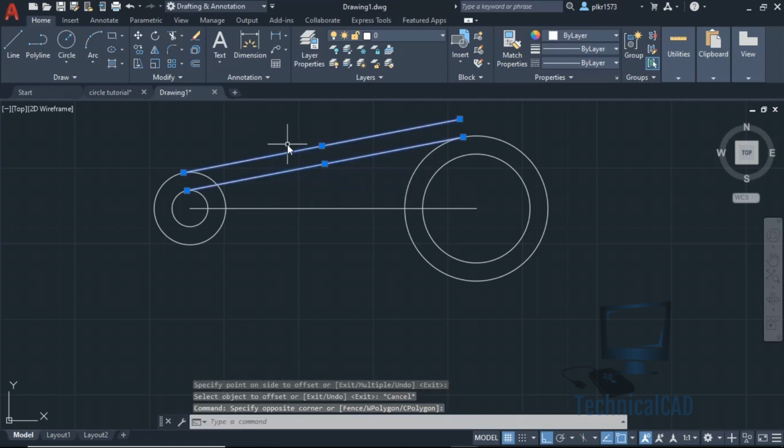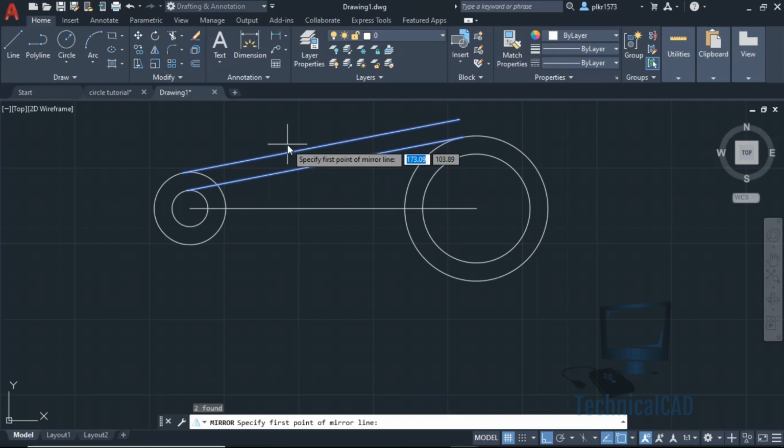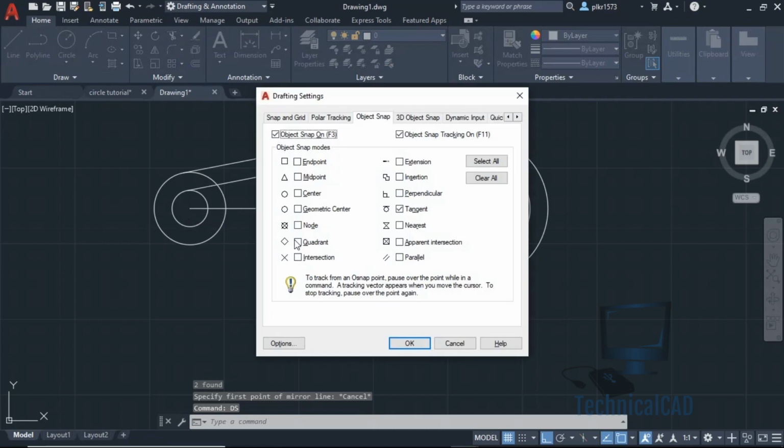Now I will select these two lines and go for mirror. Enter. It's asking for the first point of the mirror line. This is my first point, but it is not tracking. For that purpose I have to go to DS again, enter, and select all. Okay.